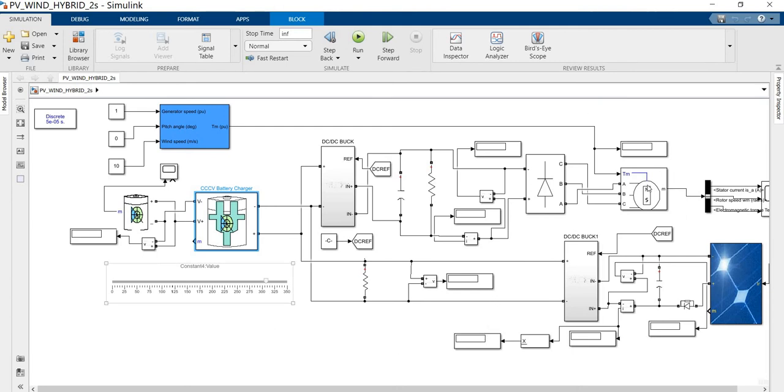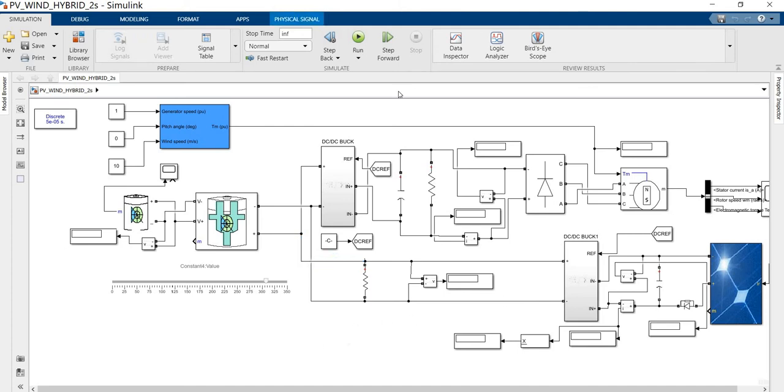Okay, here is one of the PMSG which is connected to the DC rail system. Again, this is the battery. Again, the charge controller which is connected to the system. So this is another way, that is the PV output which is integrated into the DC grid.